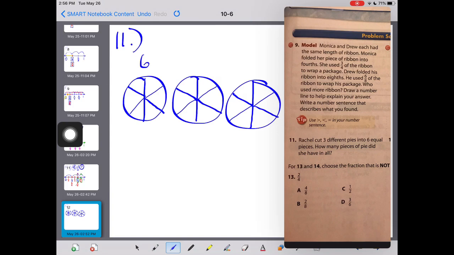If this has 6, and this has 6, and this has 6 pieces, they're asking, how many pieces of pie did she have in all? So some of you may be saying, I can add this up. 6 plus 6 plus 6 equals, okay? And yeah, you could do that. 6 plus 6 is 12. 12 plus 6 is 18. So she had 18